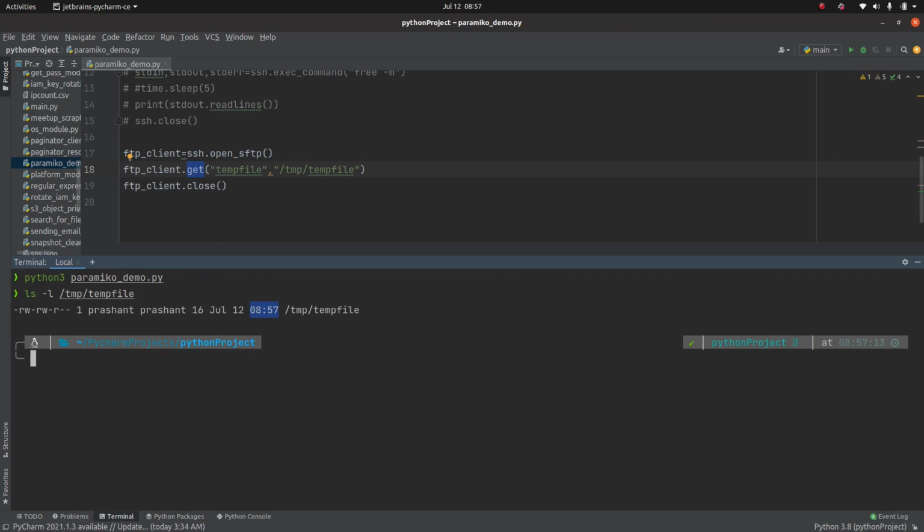So this is a little bit about the Paramiko module. I use it in cases where I want to build automation or some kind of monitoring script where I want to execute a remote command but don't want to log into that particular system. Or, for example, if I need to upload a file to a remote location or download a file from the remote location, I can use this Paramiko module.